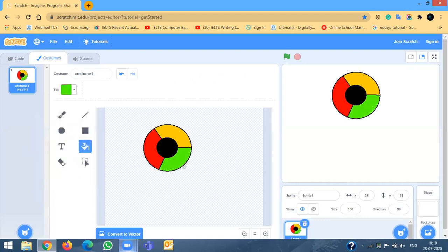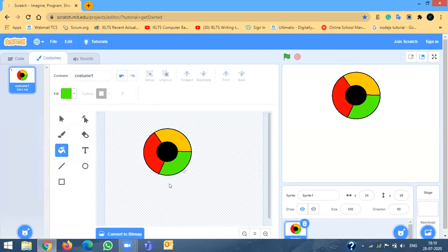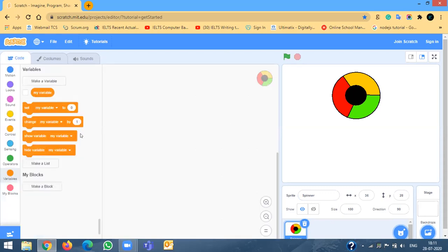So we'll call this sprite as spinner. Spinner. So this is going to spin. Everyone done that?